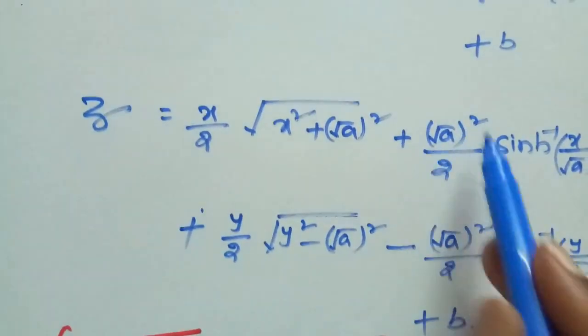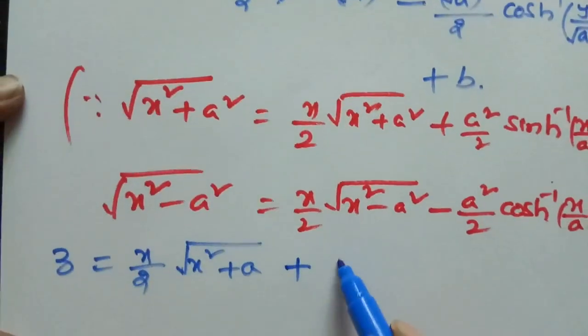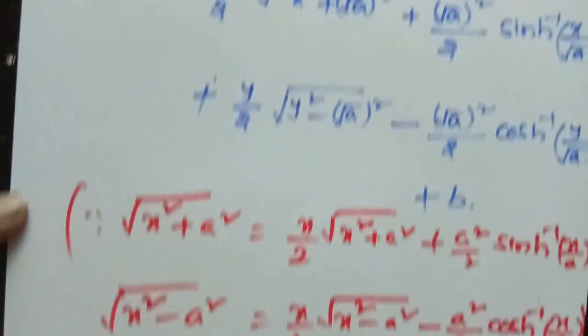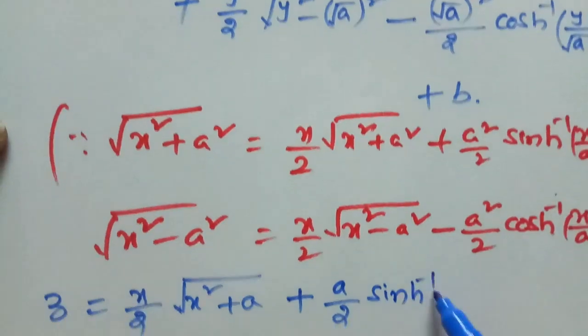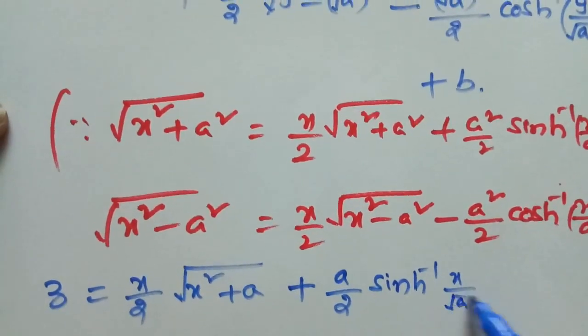Therefore, square root of a whole square also becomes a, here a by 2 into sine h inverse of x by root a